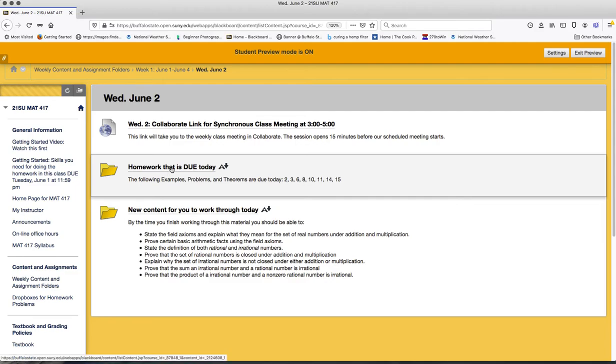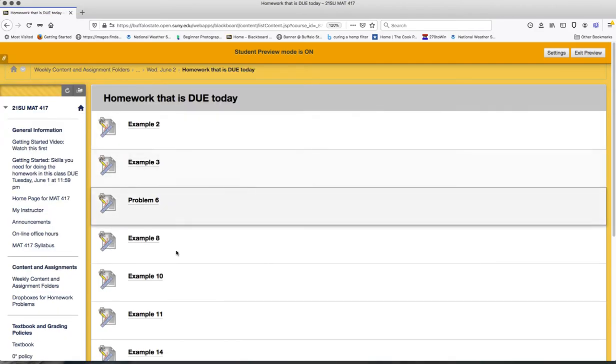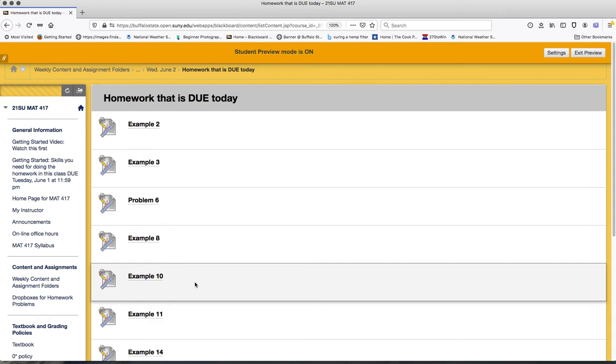The homework folder is just a collection of drop boxes, one for each of the problems that is due. This is because I'm going to allow you to do a revision, and it helps me if the problem is turned in individually. So there's information about that in some of the stuff that I'm asking you to read. If we go back